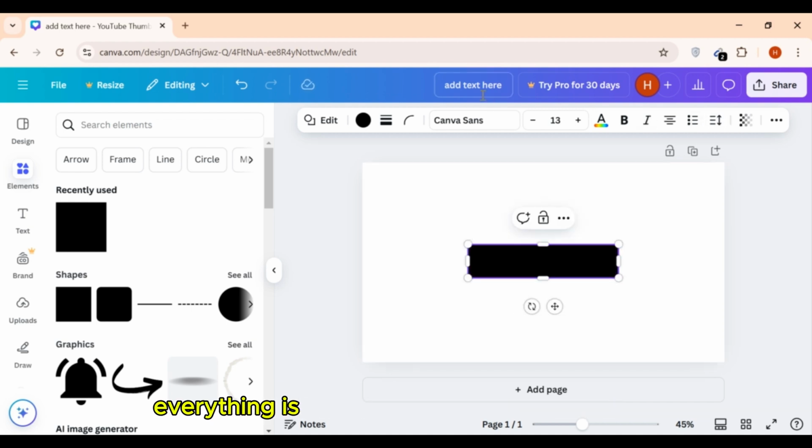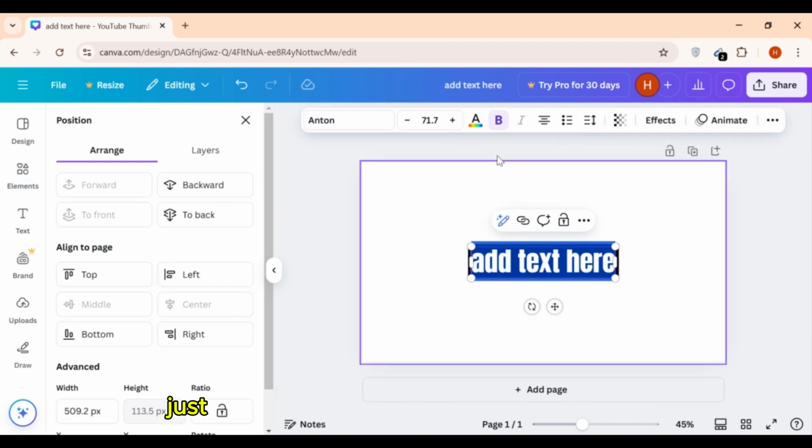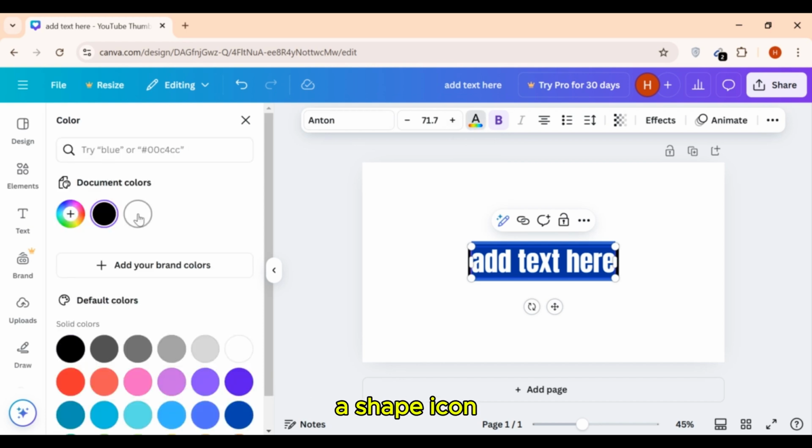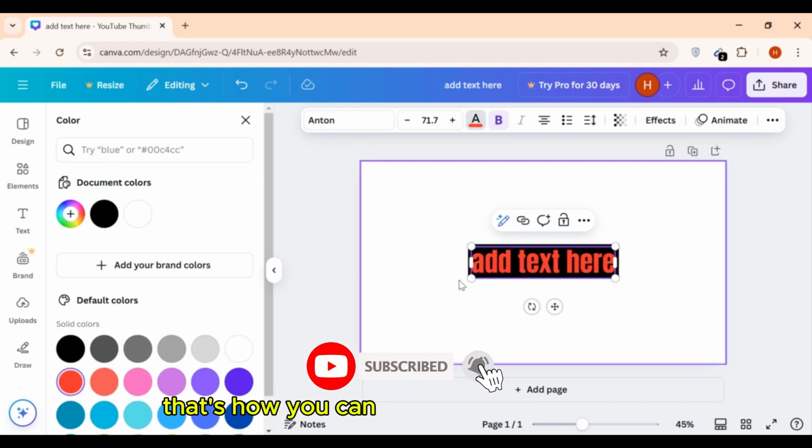All right, everything is done, but you can't see the text because both are in the same color and we need to change the color of the text. Just double click on the text and go on this A shape icon. Now choose the color. Let's go with red and now you can see the text. That's how you can add a text box in